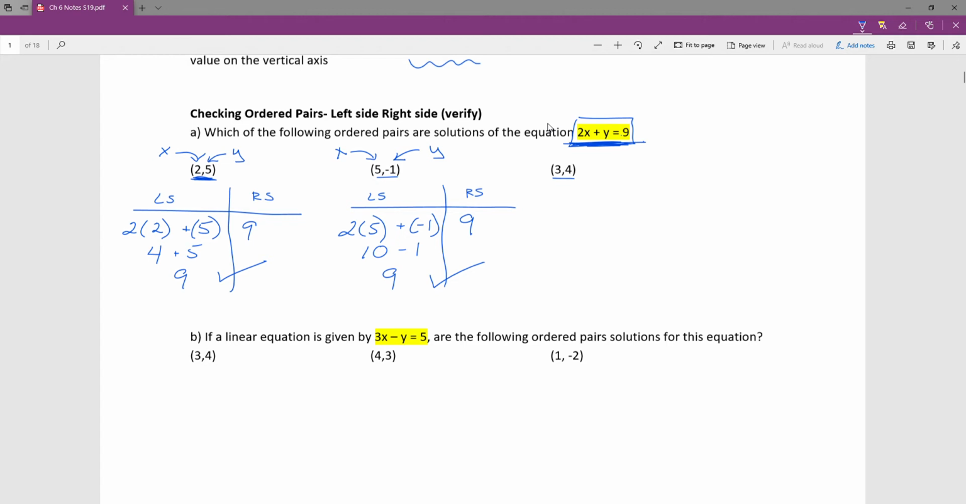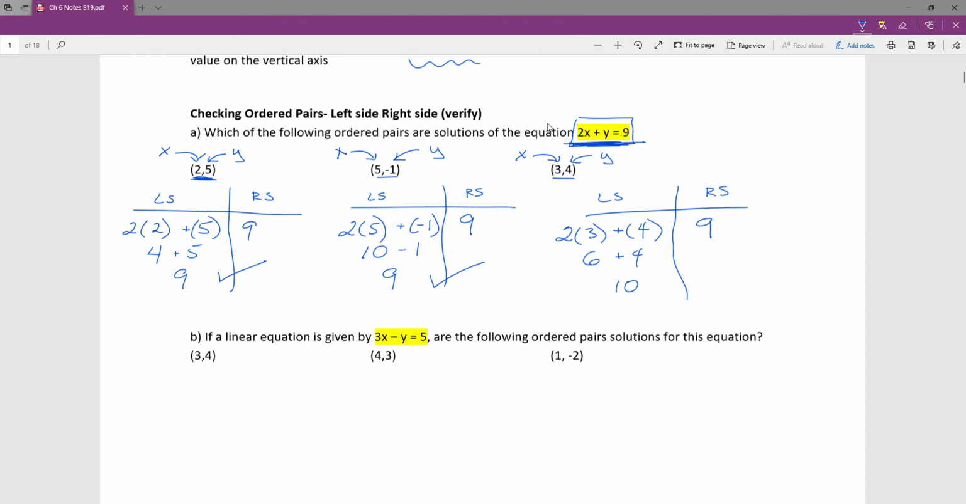One more to do here. Again, the 3 is representing the x, the 4 is representing the y, and so to verify this solution, I check it out, left side, right side. I sub in the values that are potentially correct,